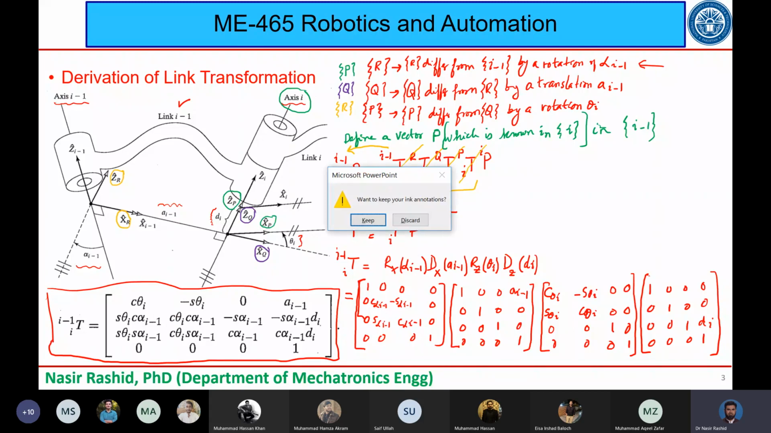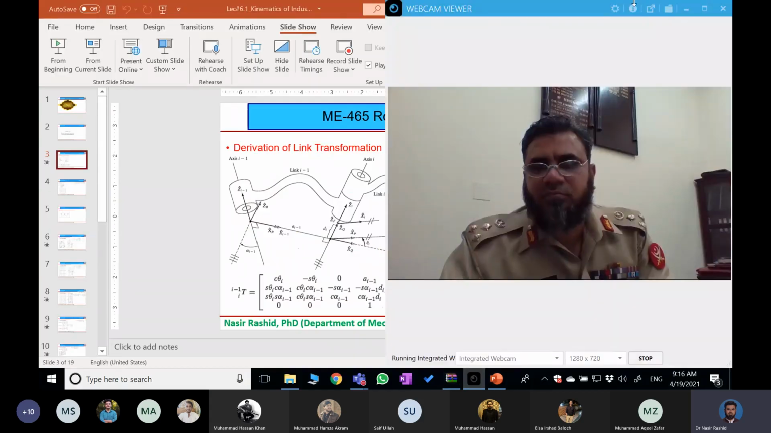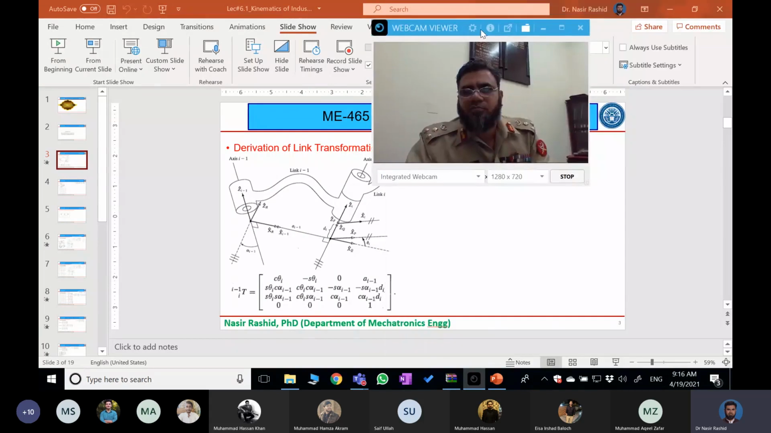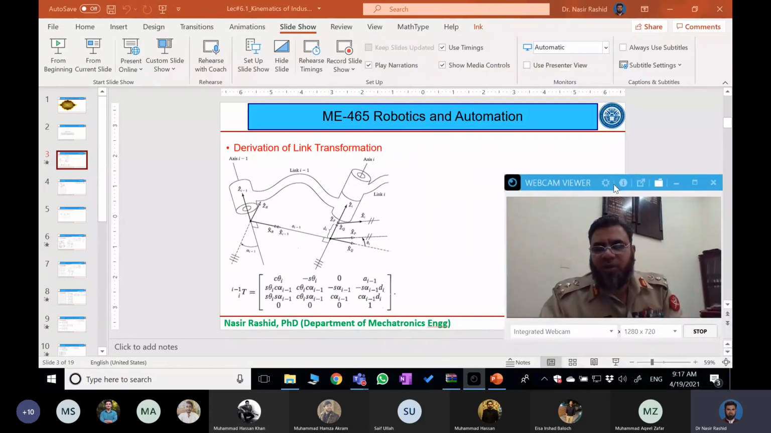ओके, सो लेट मी जस्ट, मैं जरा इसको दोबारा ऑन बोर्ड ले लूं. सो